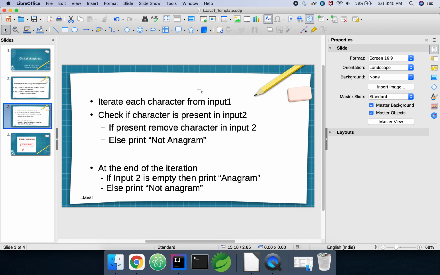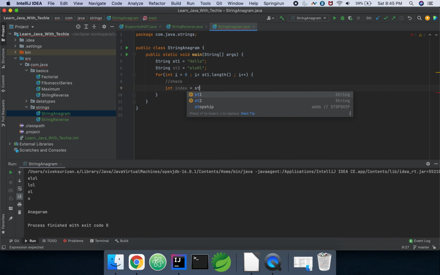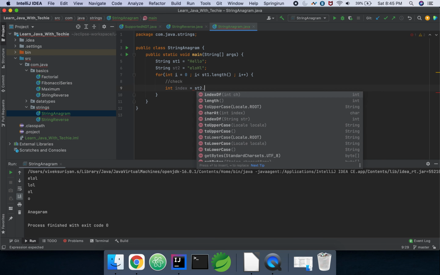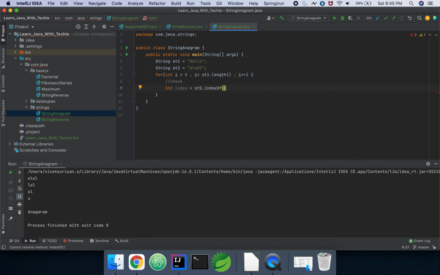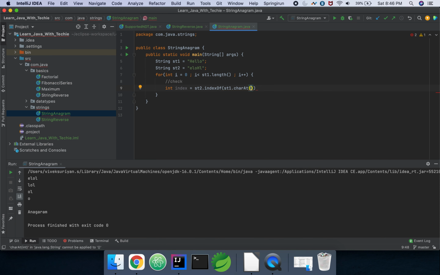On iterating, we have to check whether the character is present in input 2. In order to check, we are going to find the index of that particular character in string 2. If the character is present, it returns the index value.